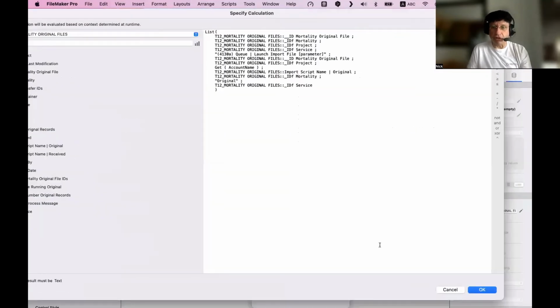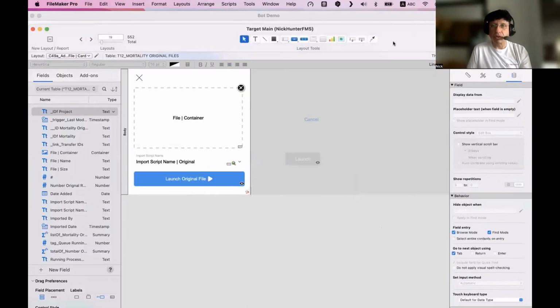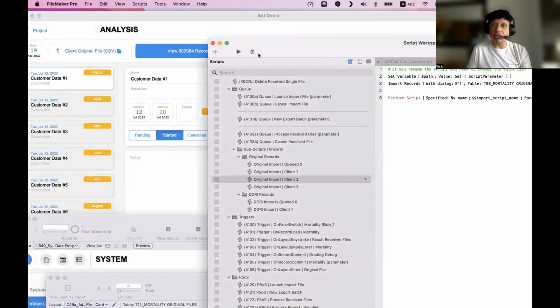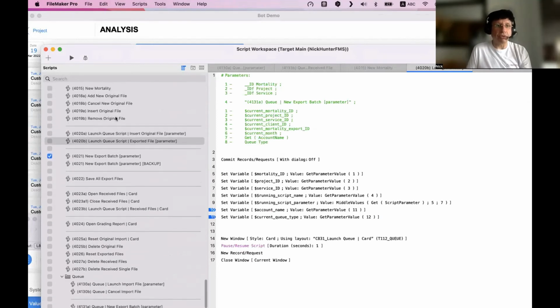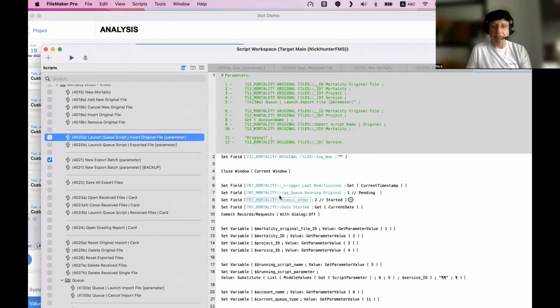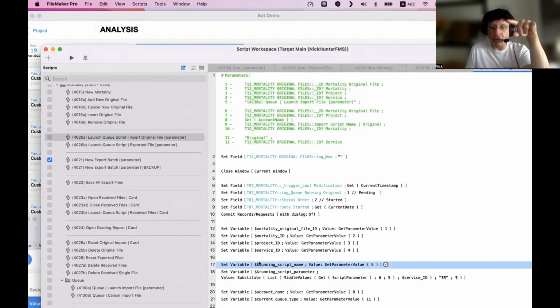so let me close this. In the script 4020A, okay, the A. In that script here, I'm saying, by the way, I have the running script name, right?